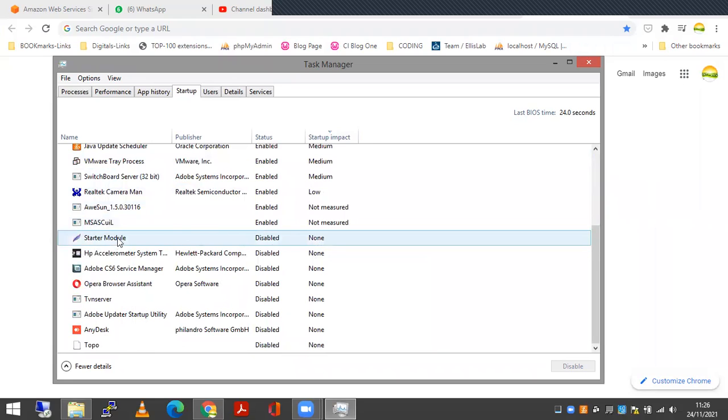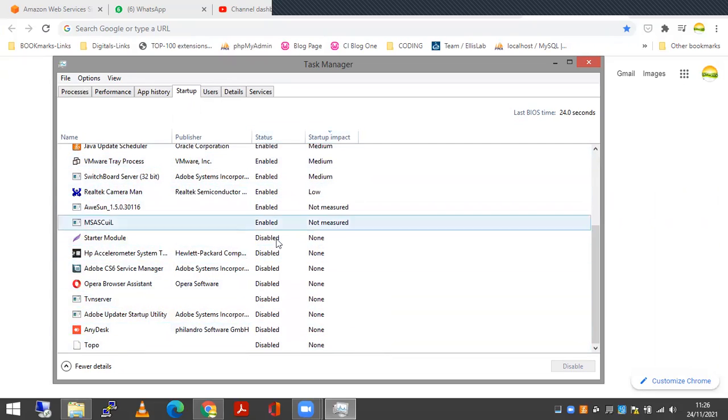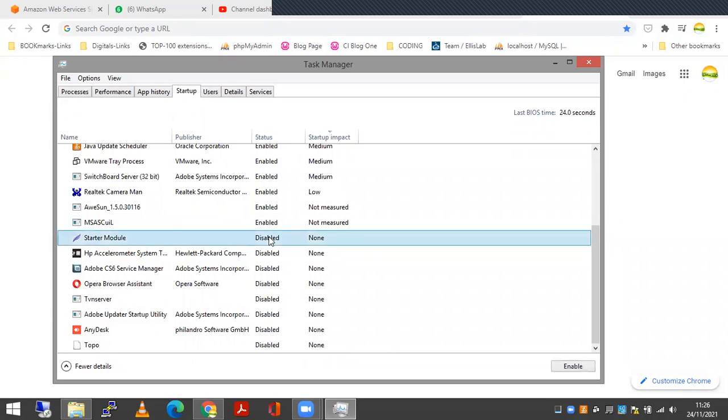This is the screenshot application Lightshot, and there is no impact from this application. You can see multiple applications, their startup impacts and status as well. If you want an application to start automatically, you can change this to Enabled, so the application will start automatically after system start.